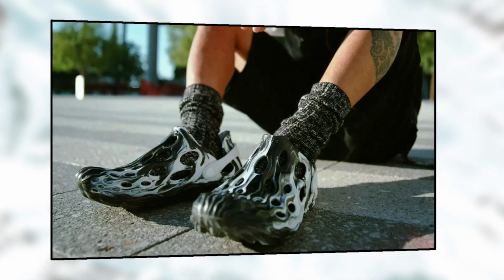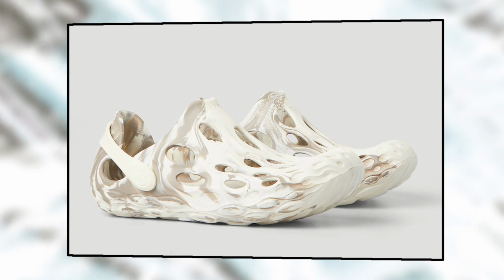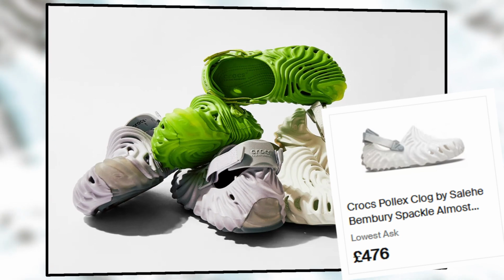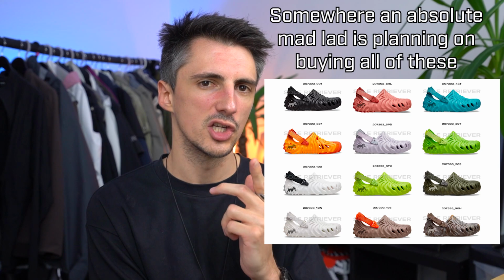I personally love the look of these. There are some interesting marbled colorways you could take a look at as well. Pricing is pretty reasonable too, making these a good choice if you want to experiment. Also significantly less hyped than the similar Crocs and Salehe Bembury collab, which every time they drop sell out immediately and end up on StockX at a big premium. There were some that just dropped, but there are more colorways coming, so be patient if you are keen on